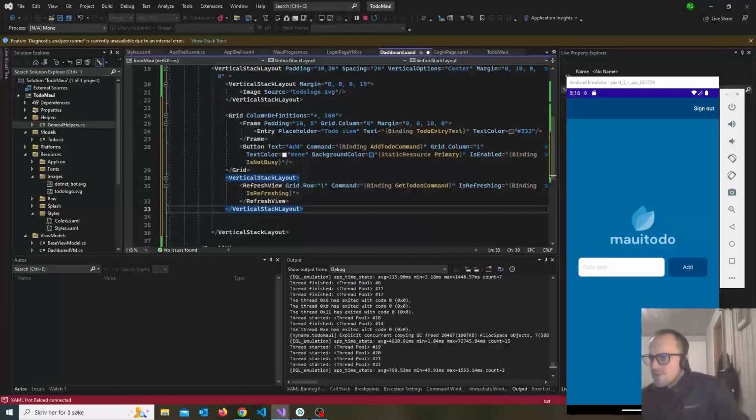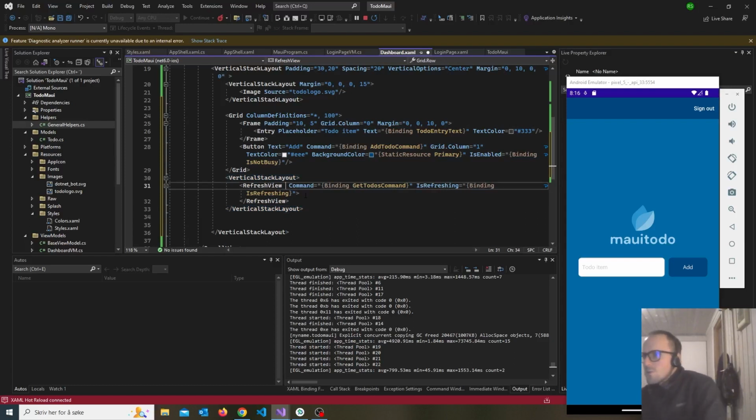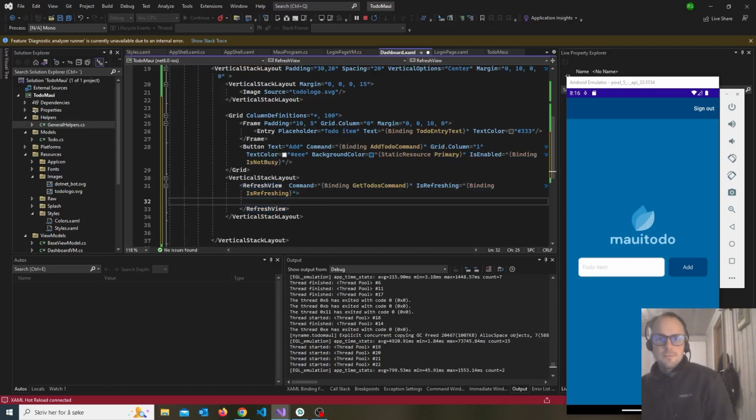Why does it have the grid row of 1? I don't think it needs that, but we need to get into this command, and it's refreshing. It's gonna be is refreshing binded, and inside of there we can add the collection view binding to to-do list,